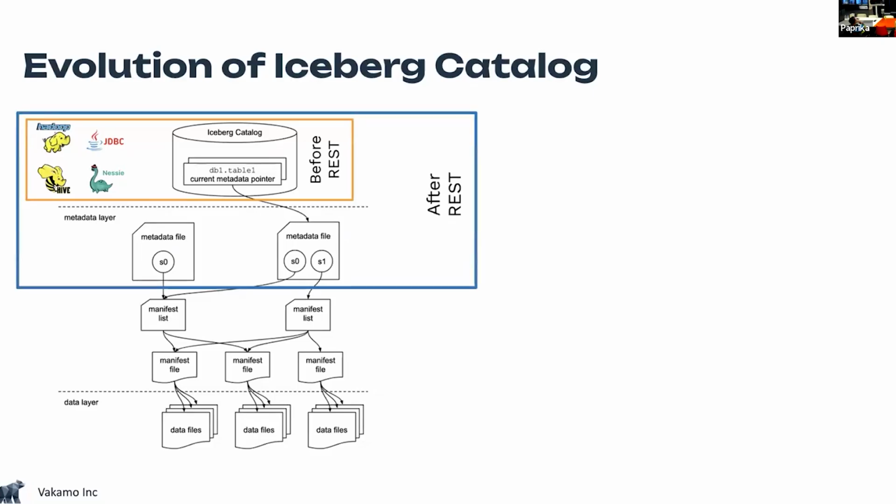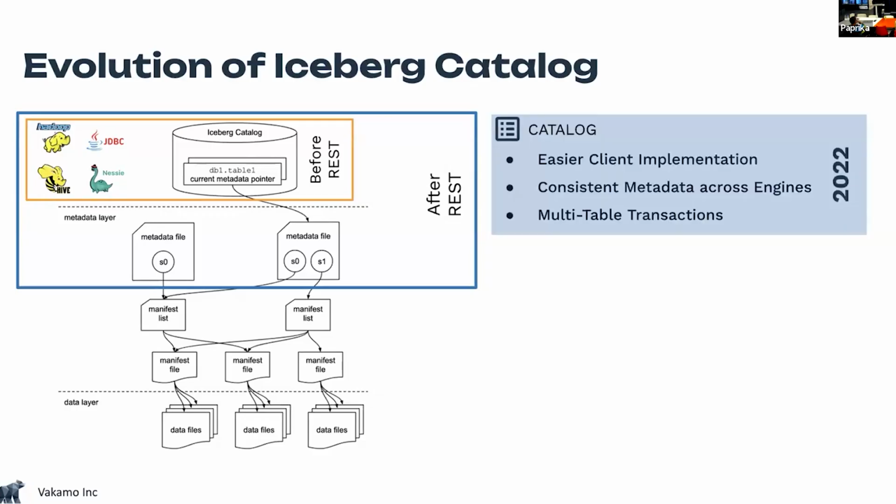Luckily for us, we've got the after REST. So we've got the REST specification, and as you can see, the difference between before REST and after REST is that REST is in charge of metadata JSON file. And that's kind of like a game changing, because right now there is a single entity that is in charge of all that transaction, what is happening on that Iceberg, and not just like before. Catalog is only to point to a metadata JSON file, so you know like what is the current state. So if that changed, we've got actually our catalog.